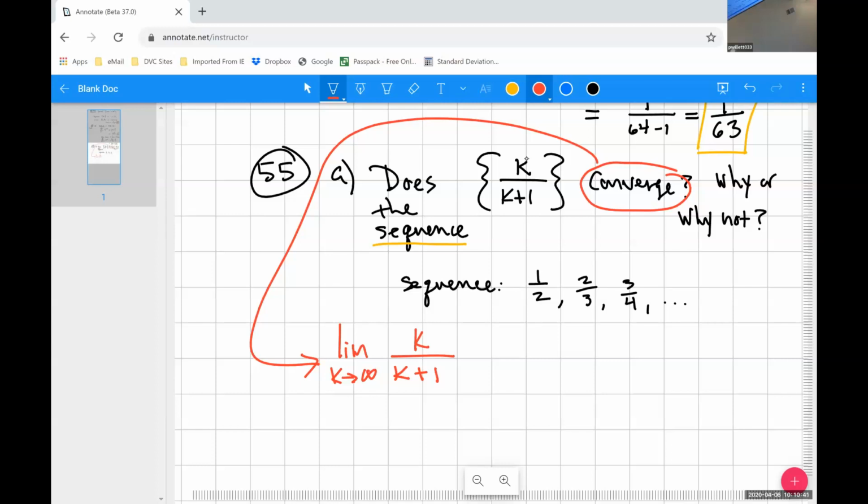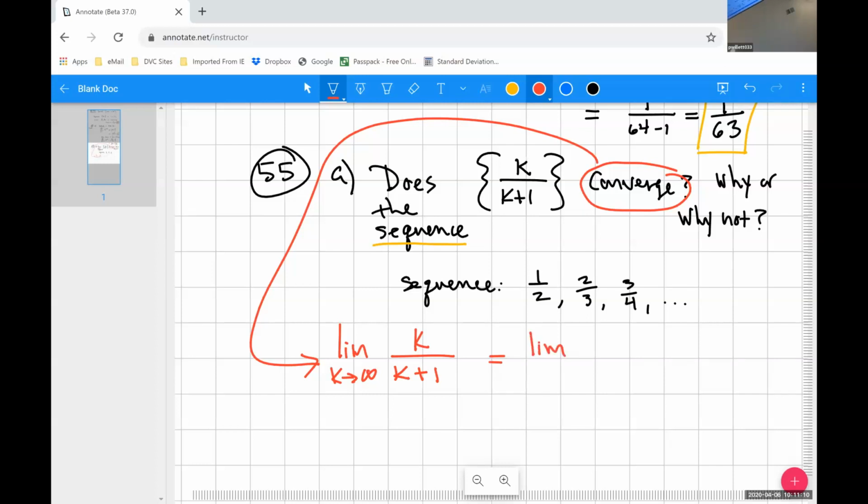That would be a series. We just have a list of numbers, and a sequence will converge if the numbers showing up in the list are settling in on a value. And you can determine that by taking the limit as k goes to infinity of the formula for the terms of the sequence. So in this case, you may recall that this is a limit that we can evaluate,